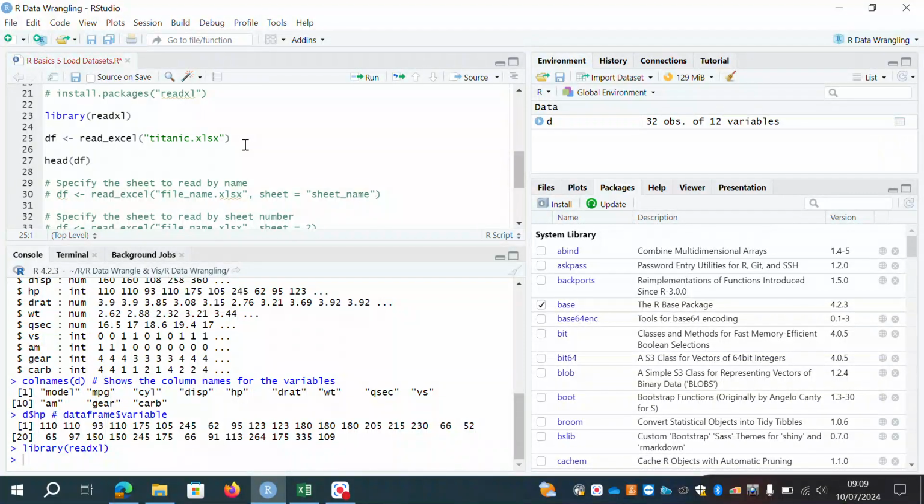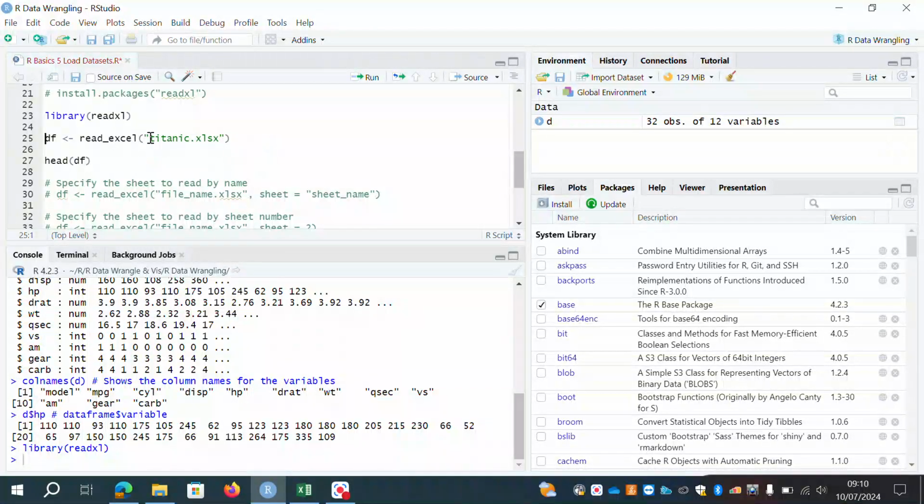You encounter it a lot when you're doing data science tasks. It's used quite commonly in machine learning competitions and things like this. But what I'm going to do is, I've got a copy of that data set saved as an Excel spreadsheet. I'm going to read that in, and I'm going to create a new object called df for data frame. I'm going to use the assignment operator, and in order to read in the Titanic data, I'm going to use the command